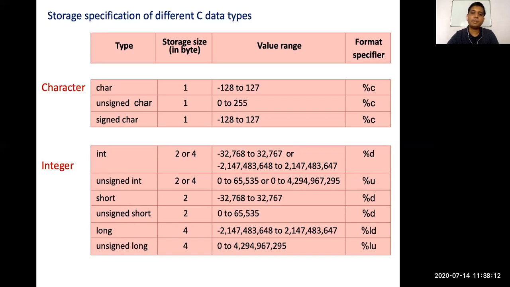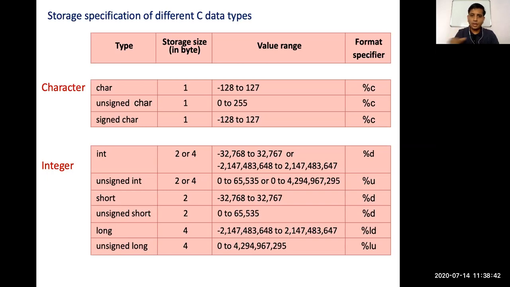So platform independent means, if you're talking about only integer, in Turbo C it is 2 bytes, in GCC 4 bytes. But suppose you want to create an integer variable having the size of 2 bytes, always 2 bytes, doesn't matter what the platform is, whether it is a 32-bit or 16-bit platform. So you should use the short one. If you are using short i, then the variable i has the size of 2 bytes.